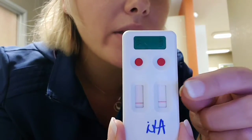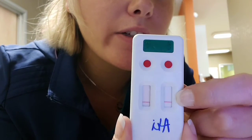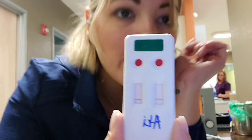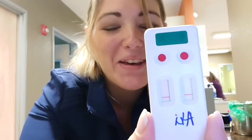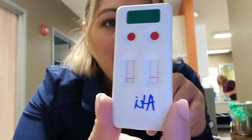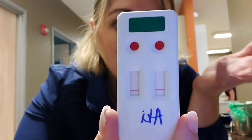for either one. So this is the FeLV, we are negative. And the FIV, we are also negative. So we can go ahead and let mom know that kitten is negative for these things and should just get a vaccine. So that is how you perform a serological